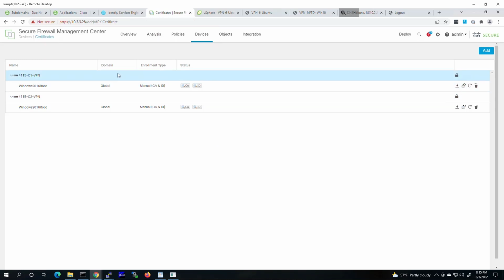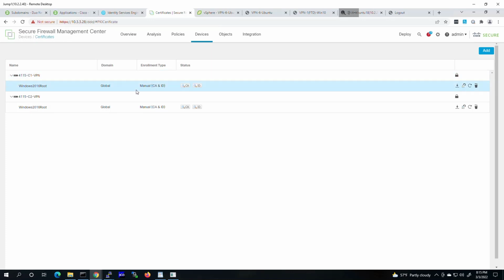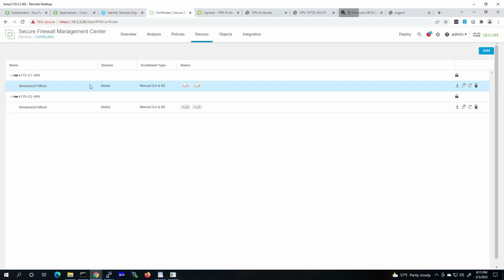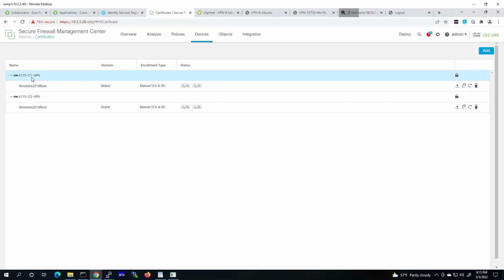Now, you also need to register each device with your CA, right? Have it signed certificate so the client will trust the appliance. My clients have to trust my Windows 2016 CA. So I've done this ahead of time already for my C1 appliance and C2 appliance, but to really understand what